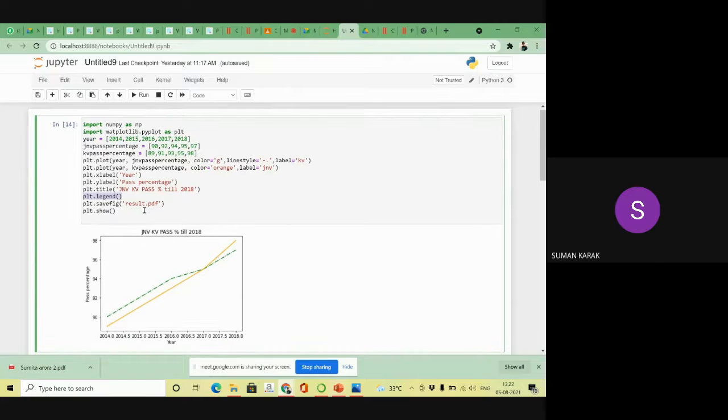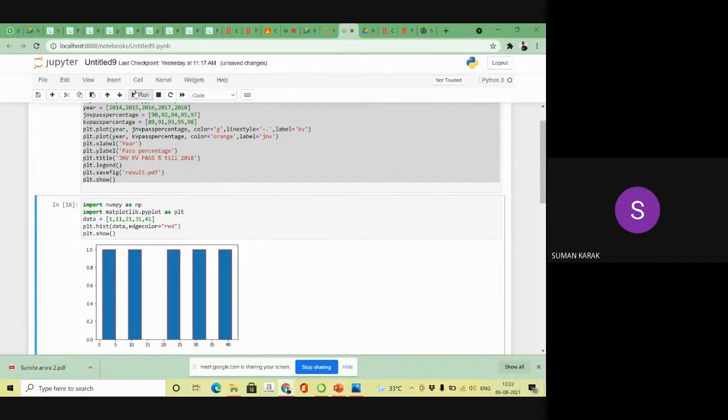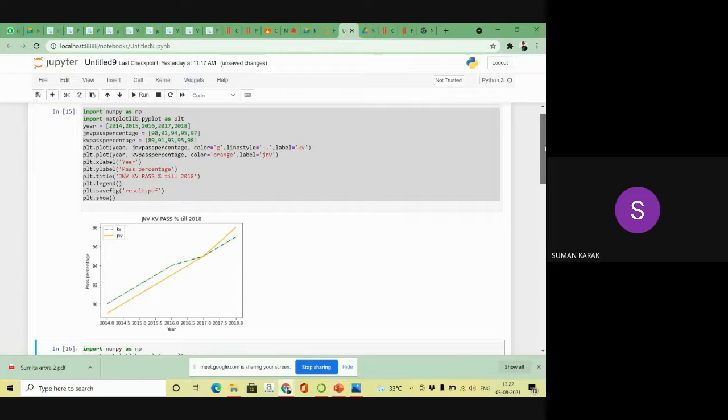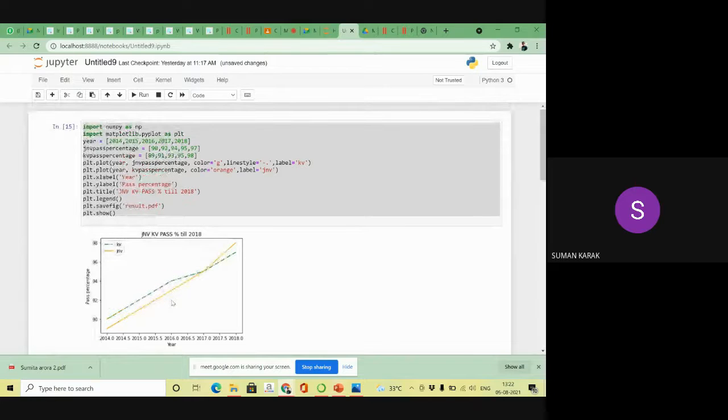Okay, so now I'm using the legend function. I called this legend function. Now you can see my line names are showing, right? Another thing is how to save the file. How to save that file? Simply, suppose you want to save that graph in your computer,